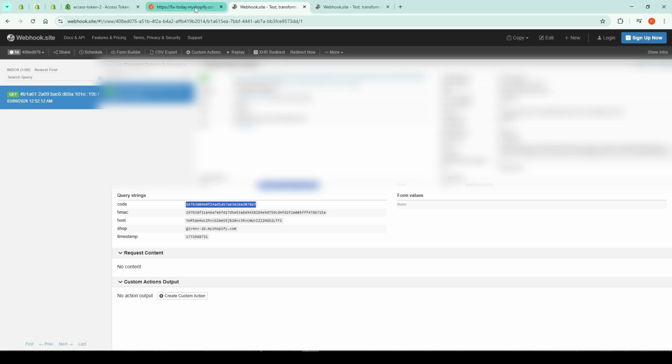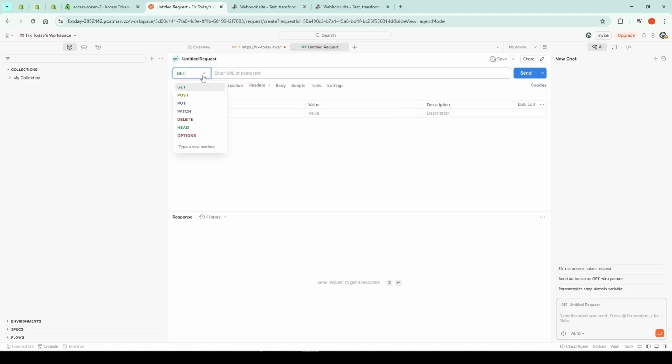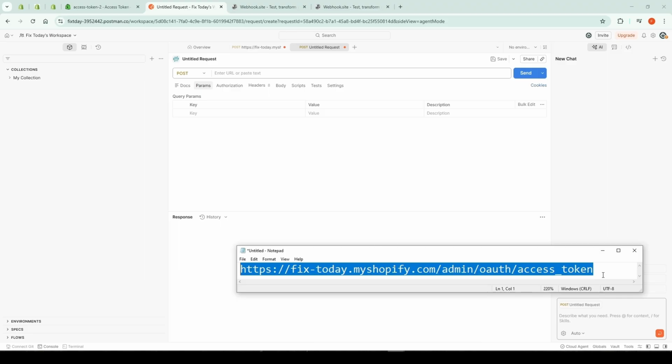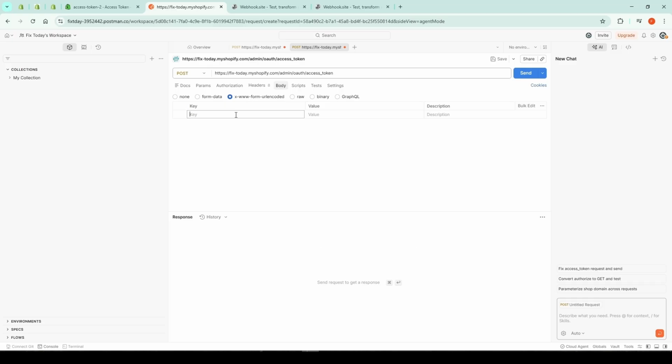Copy that code. Now go back to Postman and create another new request by clicking the plus icon again. Set the method to post and paste the token request URL shown on the screen. Replace the placeholder again with your Shopify store domain. Under the URL field, click the Body tab, then select x-www-form-urlencoded. In the key fields, add code,